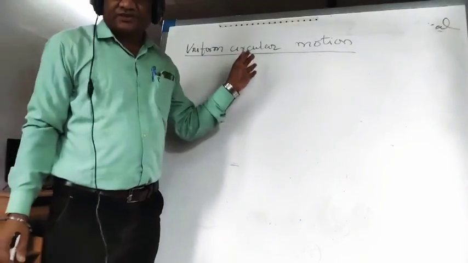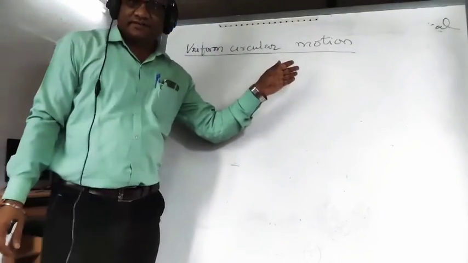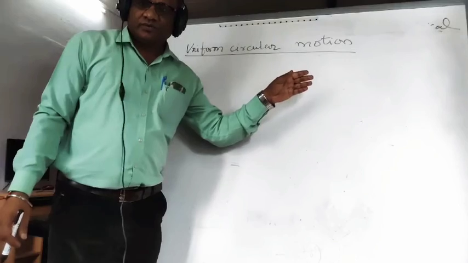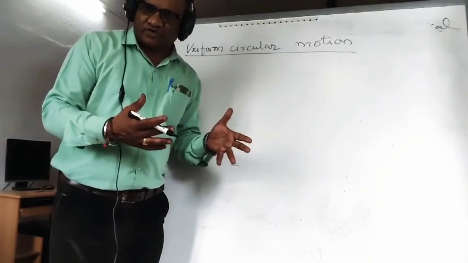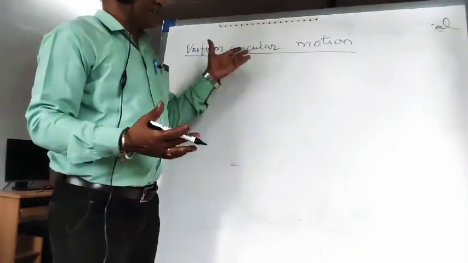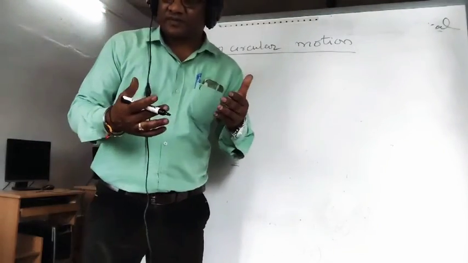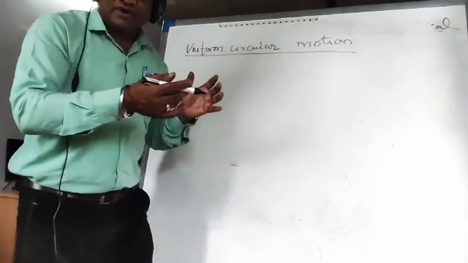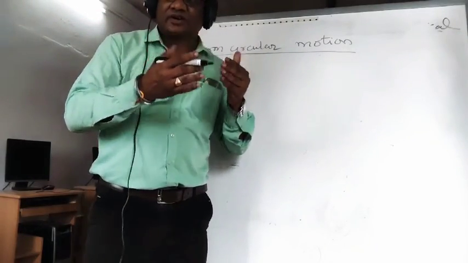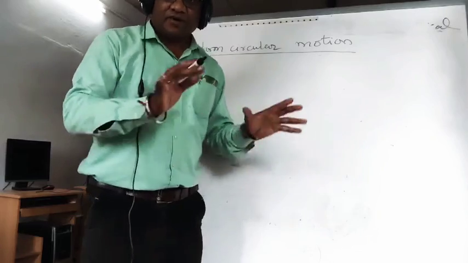Today's topic is uniform circular motion. First of all, try to understand what uniform circular motion is. When it is said to be a circular motion, it means a body is moving in a circular path. When a body is moving in a circular path with a constant speed,